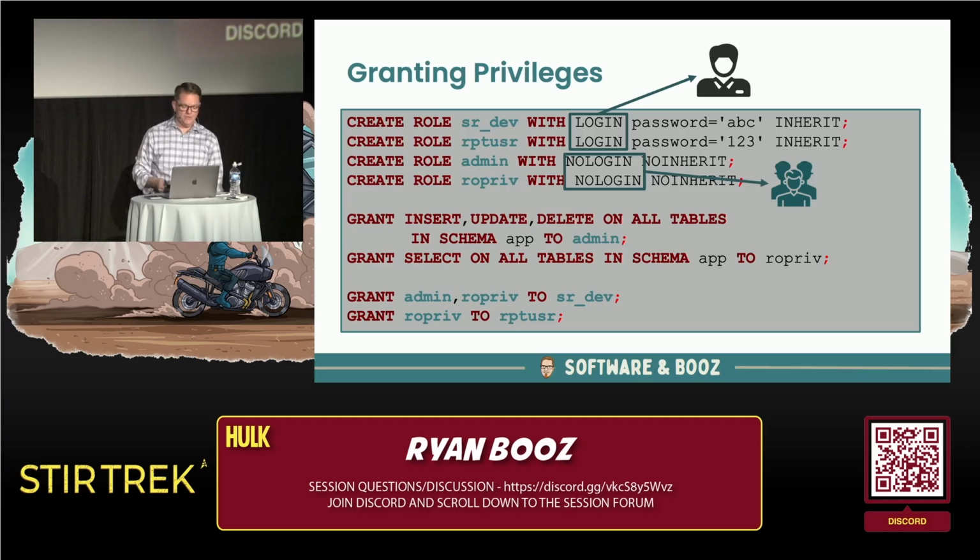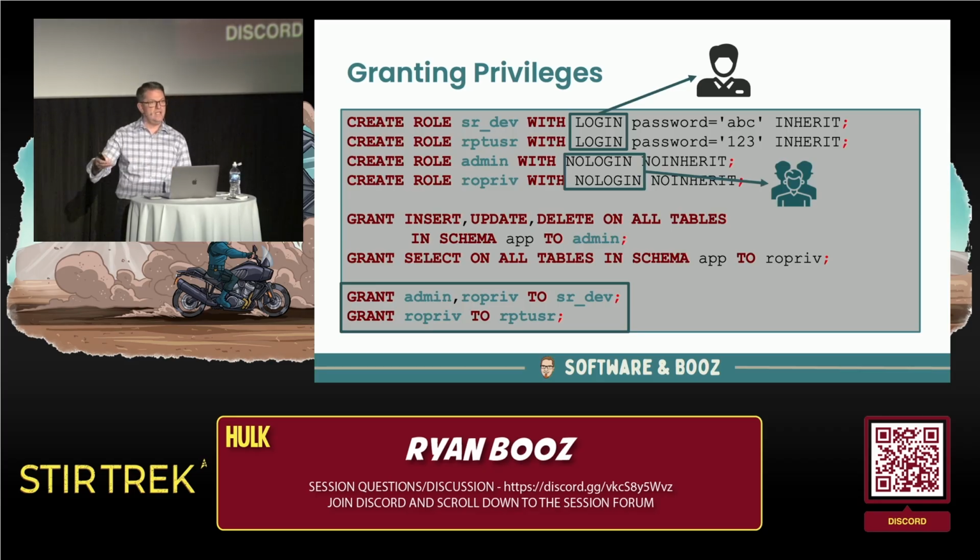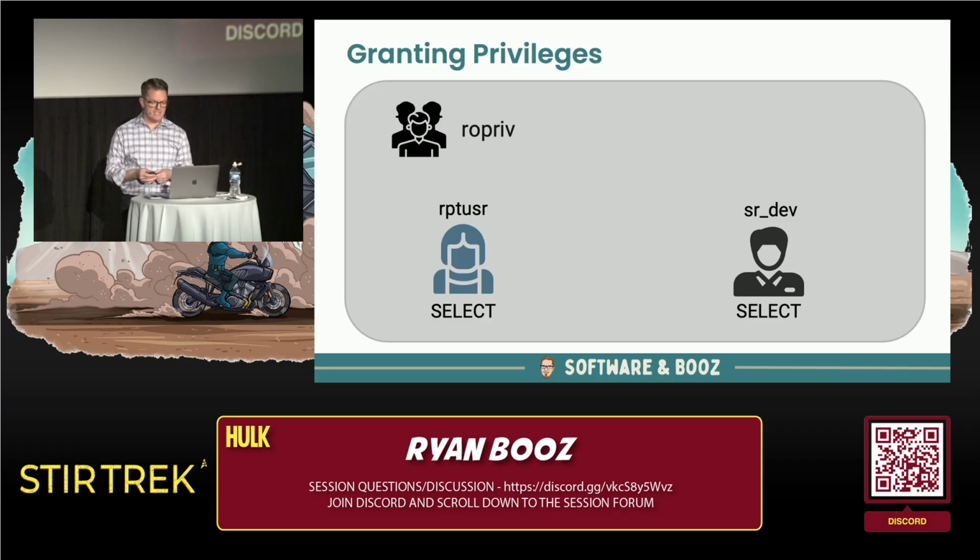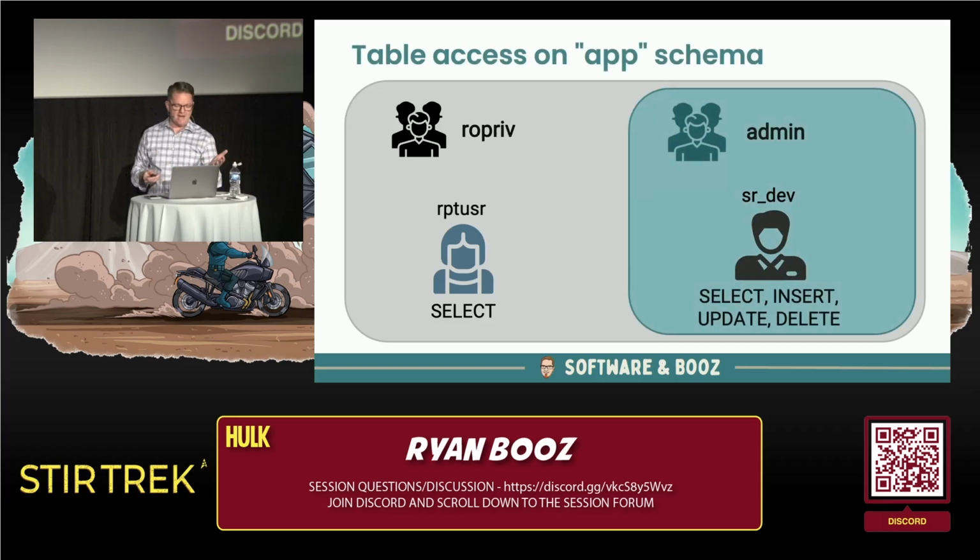And finally, we can actually grant membership into those other roles. And because we're all inheriting, we can get access to the roles with whatever privileges they have layered up. And the difference is this. By default, everyone has read-only privilege in that example, and then we granted to senior dev select, insert, update, and delete, right? So everyone had select, and then the other one had some additional because it meshed them all together.